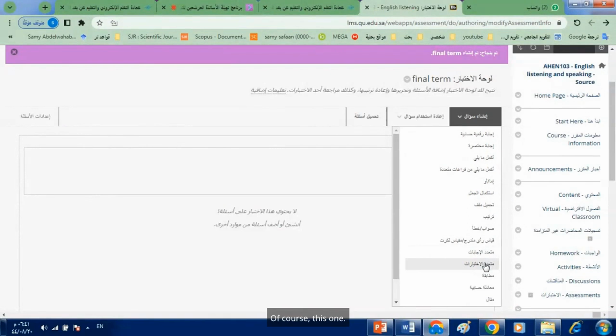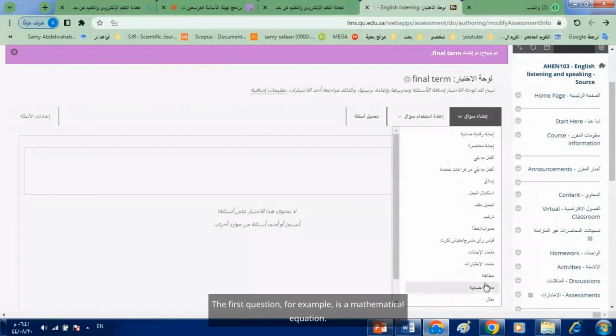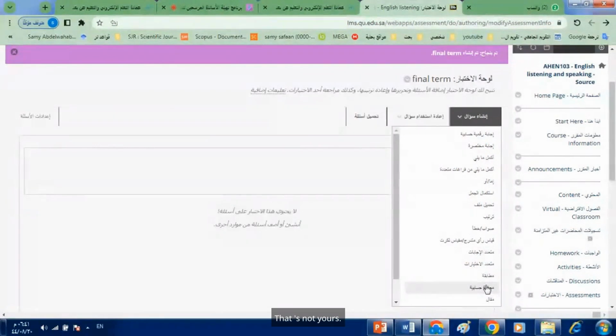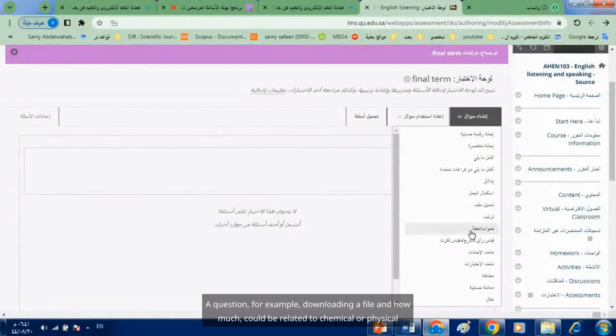The first question type, for example, is a mathematical equation. That's not yours. A question like opinion or a poll is not yours. A question, for example, downloading a file, which could be related to chemical or physical experiments or a computer, is not your concern. A short answer question, you might not know how to do it because you need to listen very carefully. You need to use specific words with specific letters and things like that. So always stick to true, false questions and multiple choice questions with a single answer or